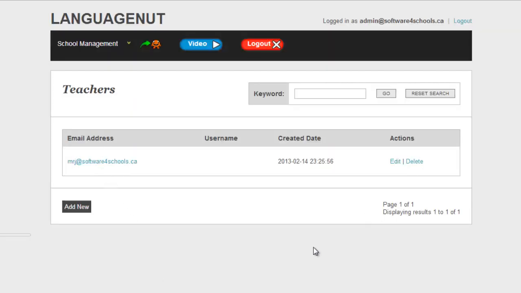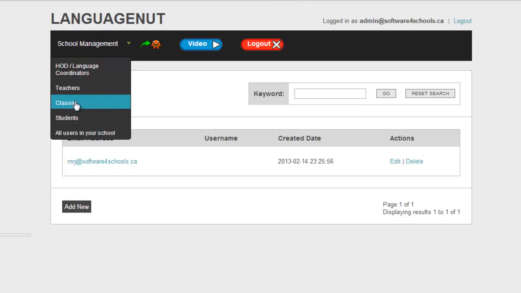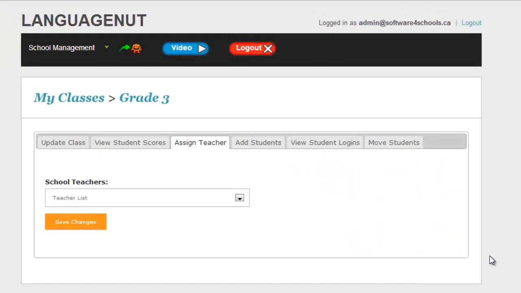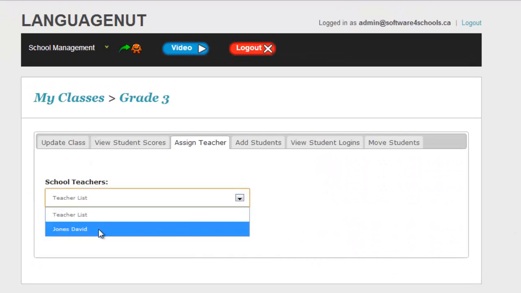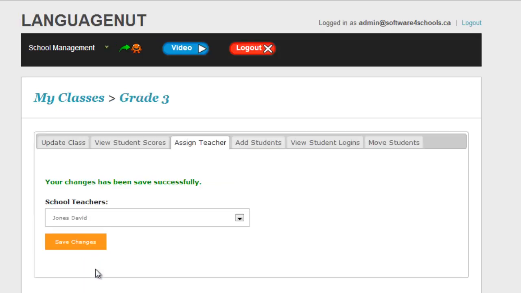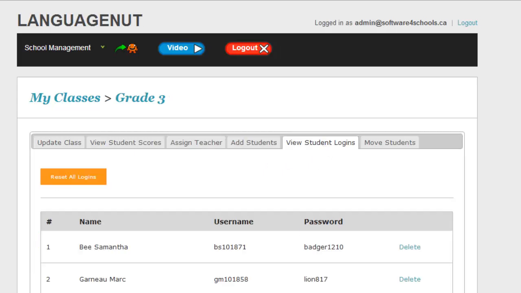I could go in and add a few more teachers here, but I want to finish off where we started, so I can go back to the school management and that class, my grade 3, where I was trying to assign a teacher. Now that teachers list has David Jones, and I will assign him and save him. Now if David goes to log in using that username and password, he's going to see just his students, and his students' login information is here, and as soon as they start using the software,